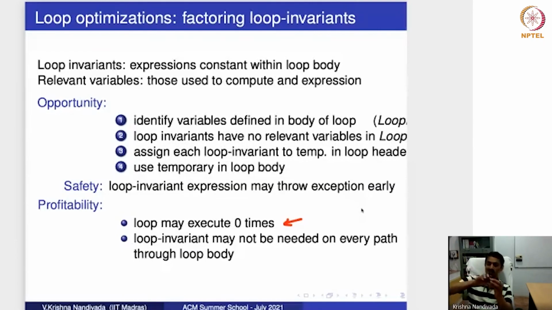Similarly, if the loop invariant code is inside an if branch and that branch is taken rarely, or never taken, then moving it out is not profitable. But more or less, assuming that the loop is executed more than once, it's a good